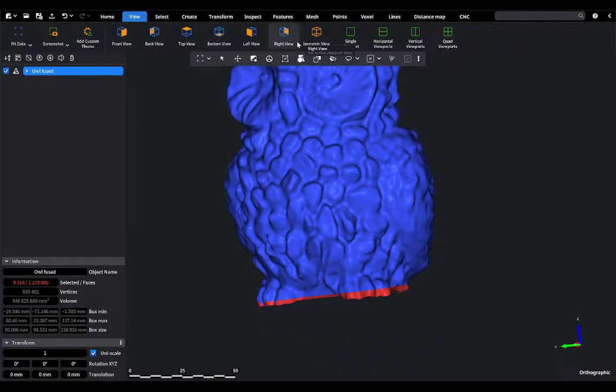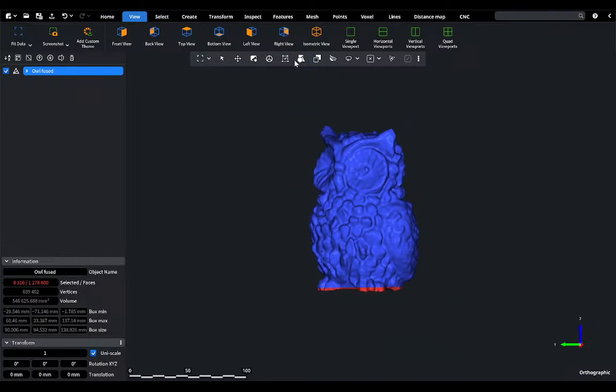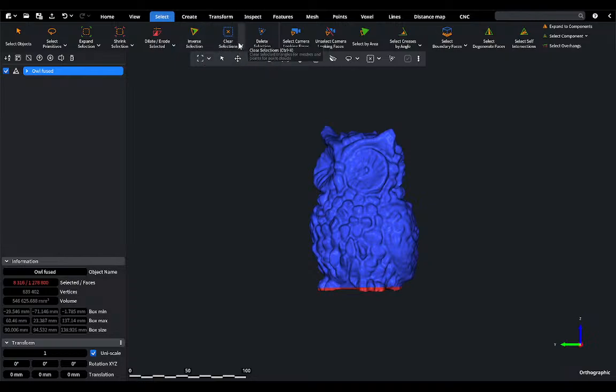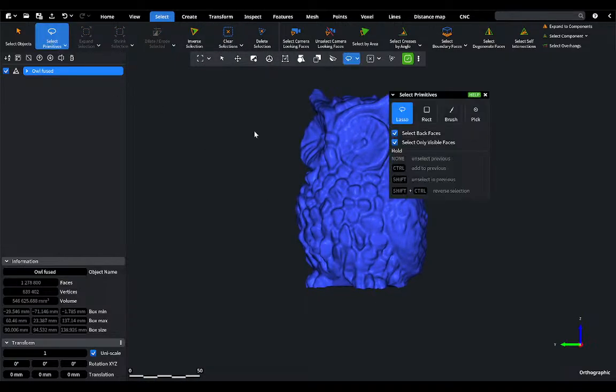Sorry, didn't seem right. Undo the selection. Clear the selection. Select back. Select primitives. I'll need to uncheck the select only visible faces. If I select like this,